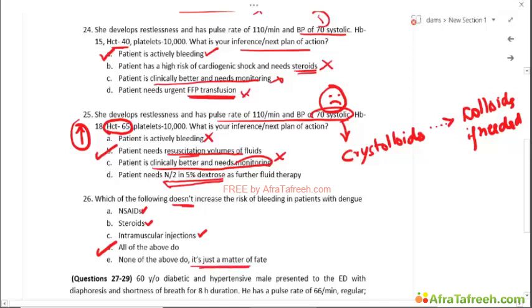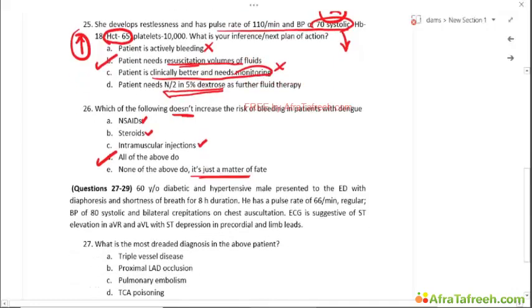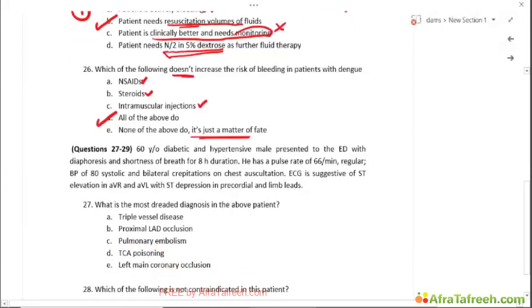No, and it's not just a matter of fate. Okay? There are things which you can do to avoid complications in dengue, and you have to keep those in mind. Right? So this was a discussion about management and evaluation of a dengue patient who presents with an acute febrile illness. I hope you understood and you got the concept as to how to monitor and consider various treatment decision points. Okay? Okay. Now we go to the next set of questions,